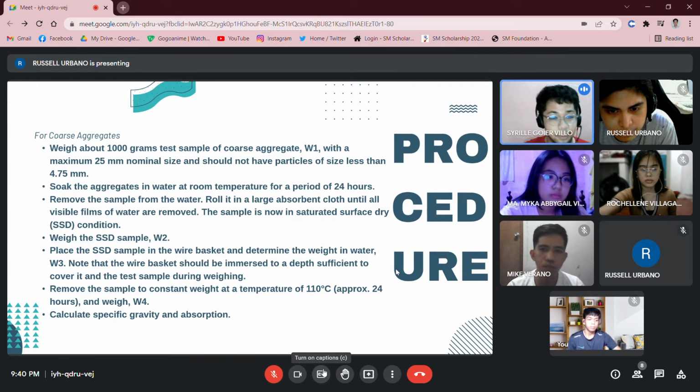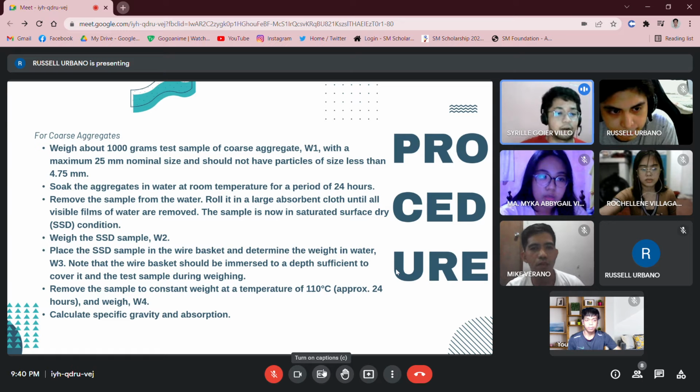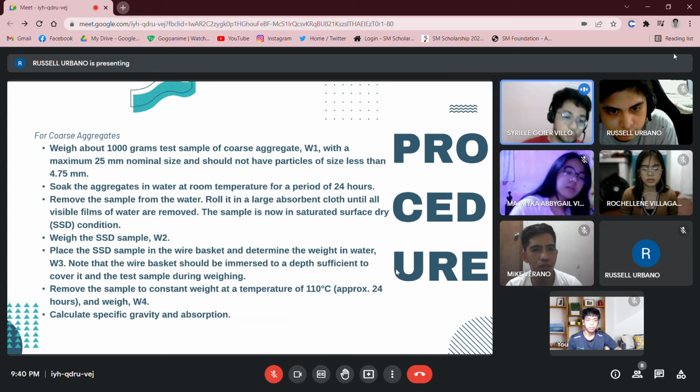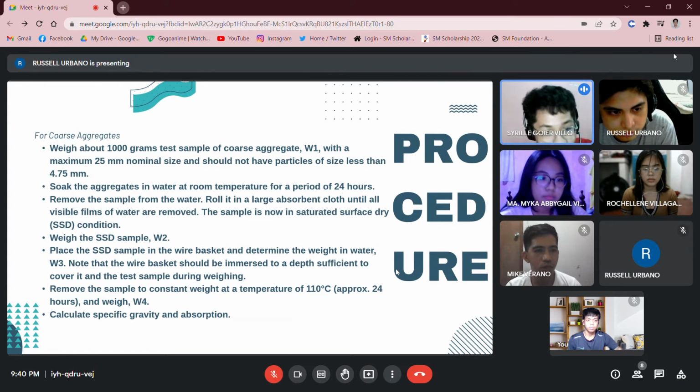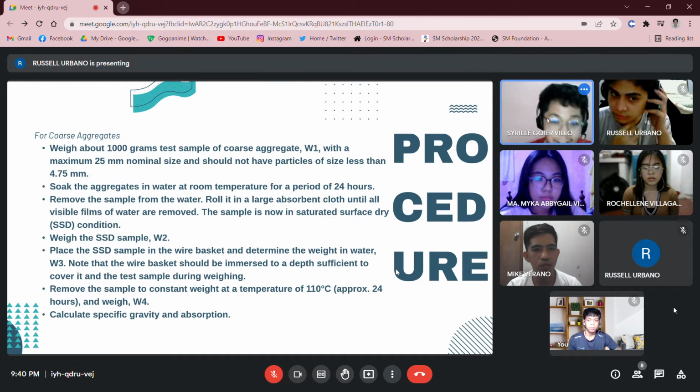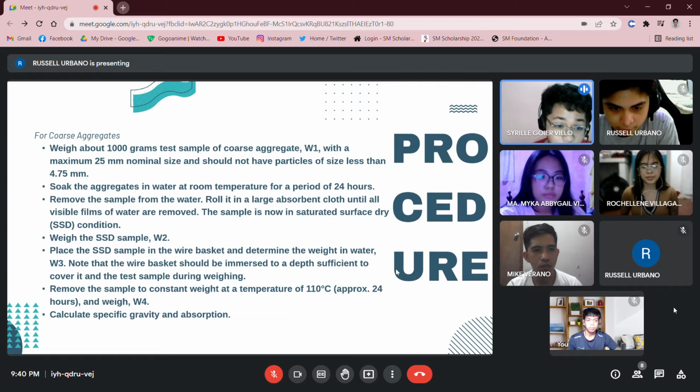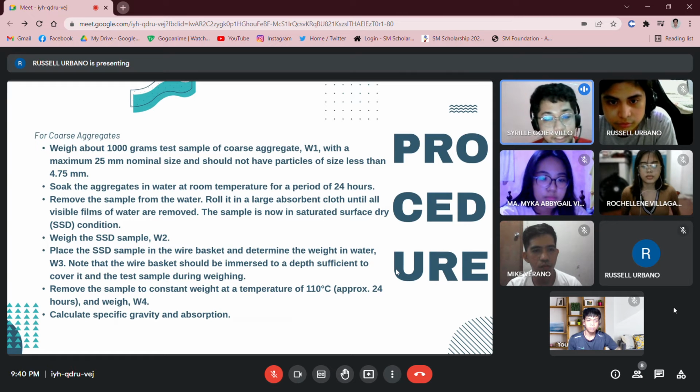The sample is now in saturated surface dry, or SSD, condition. Weigh the SSD sample; this is weight 2. Place the SSD sample in the wire basket and determine the weight in water; this is weight 3. Note that the wire basket should be immersed to a depth sufficient to cover it and the test sample during